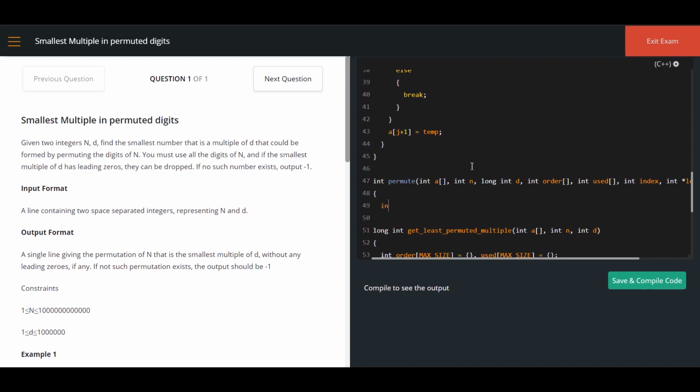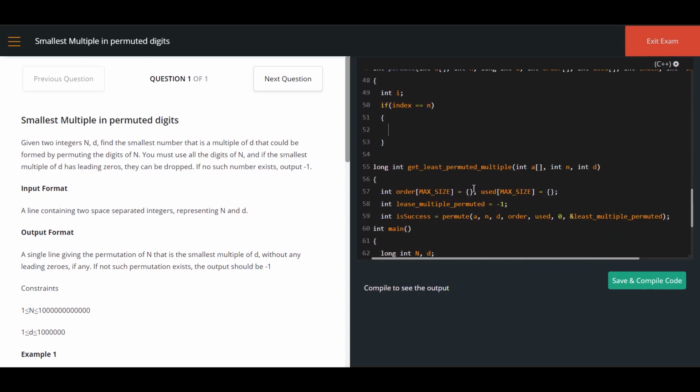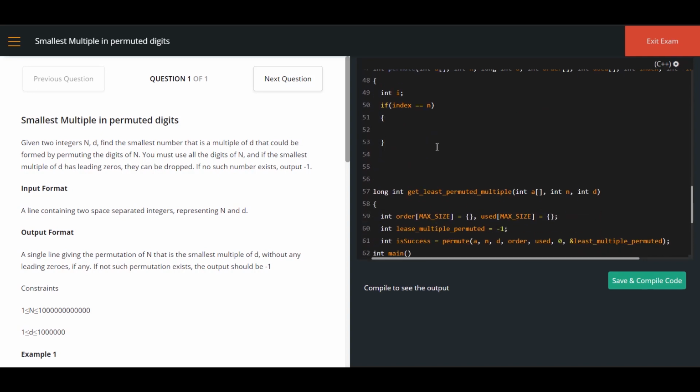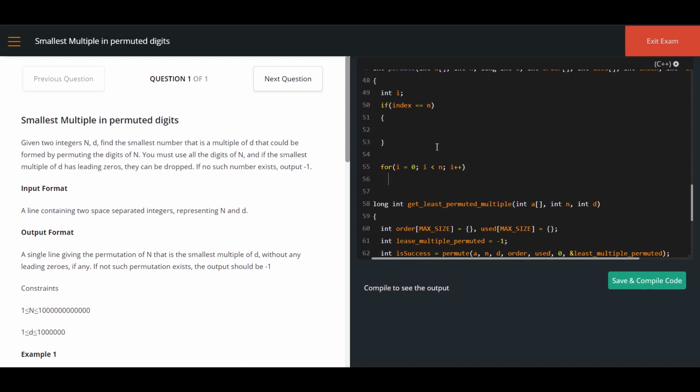Remember, int I have declared as a variable. If the index value is equal to n, which means that I have got the permuted digits. If the index value is not equal to n, I have to form the permutation. For that, I have to take a loop with the variable I equal to 0, I less than n, I plus plus.